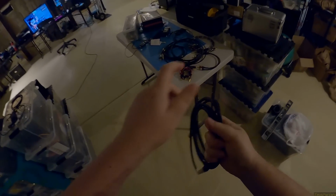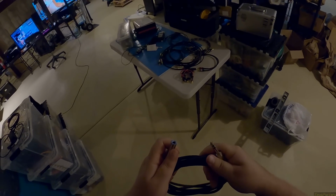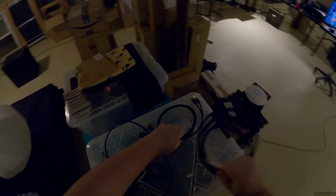What are you? Oh my God, there you are. I was looking all over for you, baby. This is my headphone extension that I used to use for sound demos. How did you end up in the random box? I don't use it anymore. I don't even use my X-Duo now because it was giving me a channel imbalance for some reason, the